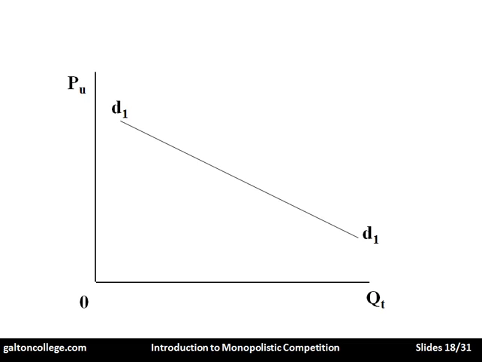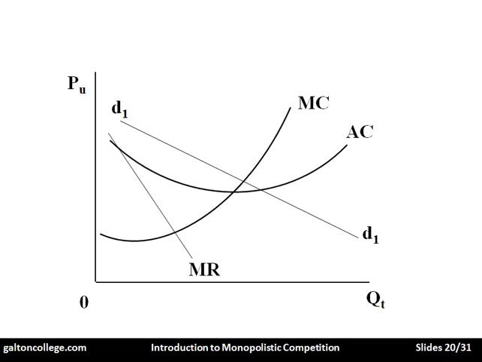In a sense, that's the average revenue curve. And if that's the average revenue curve, then the marginal revenue curve has twice the gradient if the average revenue curve is a straight line. So the marginal revenue curve now has twice the gradient of the average revenue curve, so it would appear like I've drawn it there. Now if we insert the average cost and marginal cost, we'll get a picture like this. So now the firm is starting to appear on the diagram. We've got costs and revenue on the diagram.